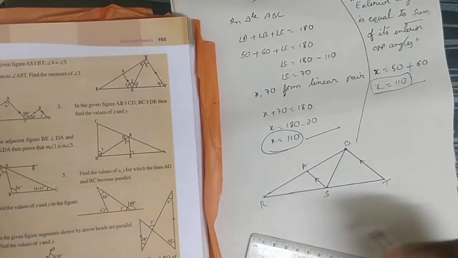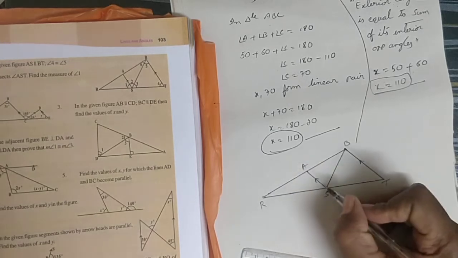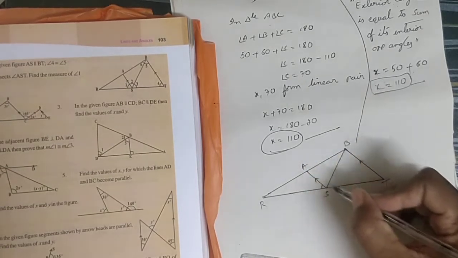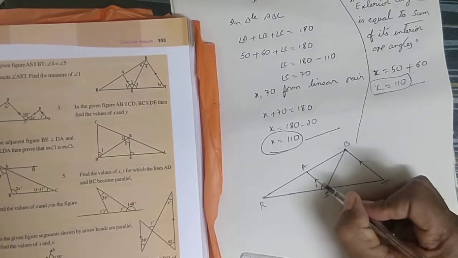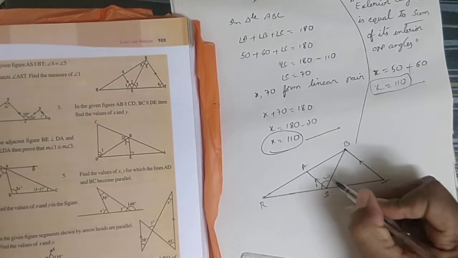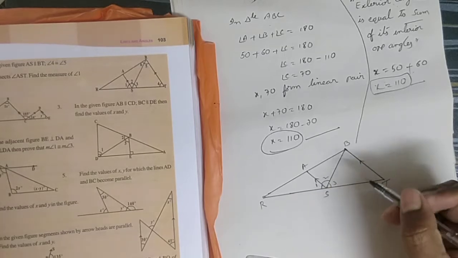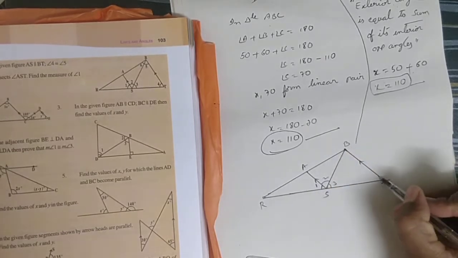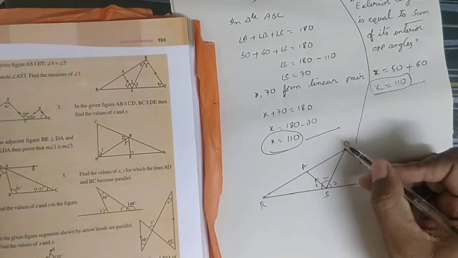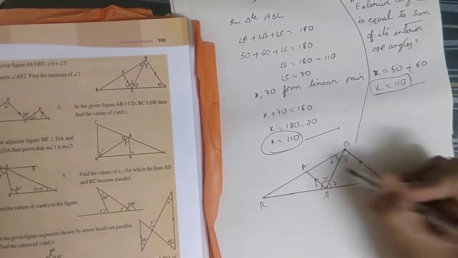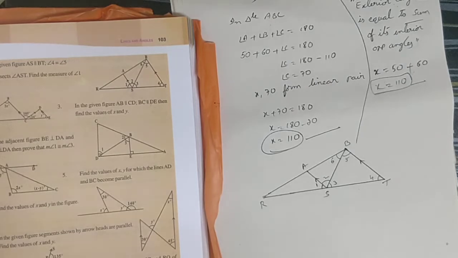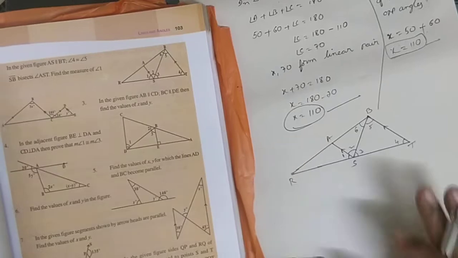They gave vertices and also some angles here. This is angle AST. It is 1 it seems. And this is 2. This is 3. This is 4. This is 5. This is 6. Like this, angles are given. Now you have drawn the figure first.